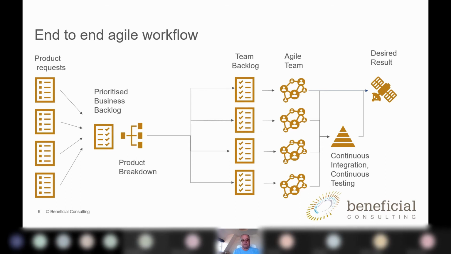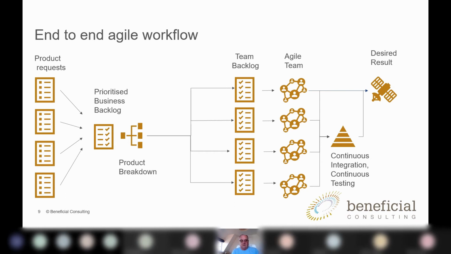What I'd like to look at is the end-to-end workflow, because the team design needs to think about the end-to-end workflow and how we are going to make the delivery value stream as effective as possible. Now, when we've got a single team, we can probably optimize that value stream very easily, provided that the tools and the techniques are available to the single Agile Scrum team or Kanban team.